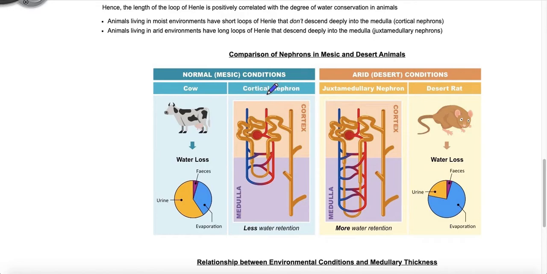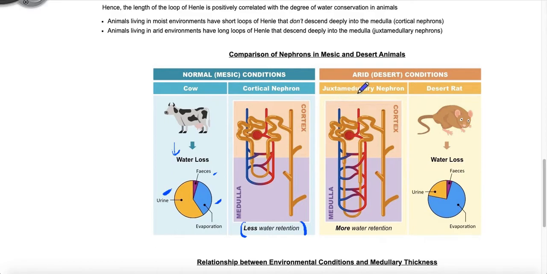We call this a cortical nephron because most of the nephron is located within the cortex of the kidney. You see less water retention, because it means that the organism lives within normal conditions. So it can dispose of its water, and water loss happens in the form of mostly urine and then evaporation and then feces. But if the organism lives in arid or desert conditions, you find that they have a very long loop of Henle,